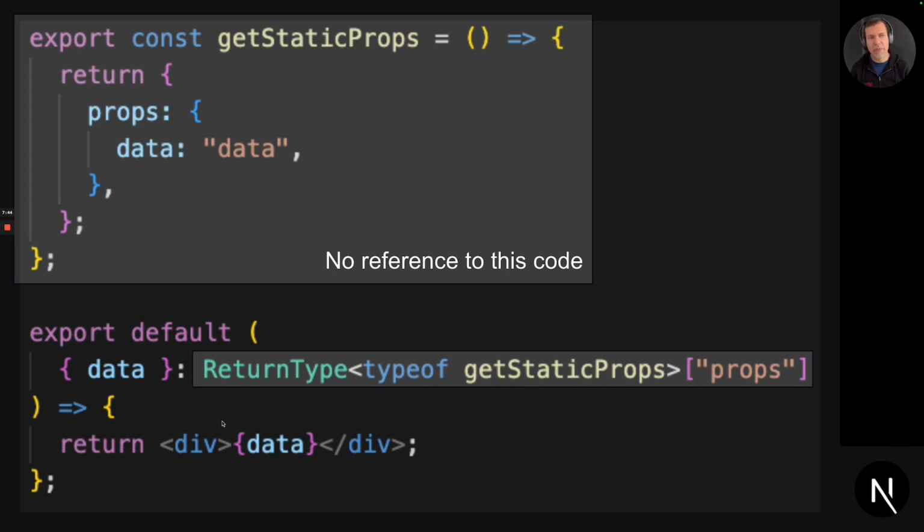You can refer to things in a type world or in design time, and you can also refer to things by value. And because TypeScript runs first, it actually removes all of the type information. So even though you're referring to getStaticProps right here, TypeScript removes this bit, and so it removes the reference to getStaticProps before the tree shaker runs, and this is why the whole system works.